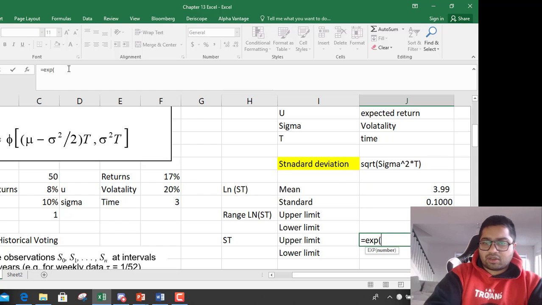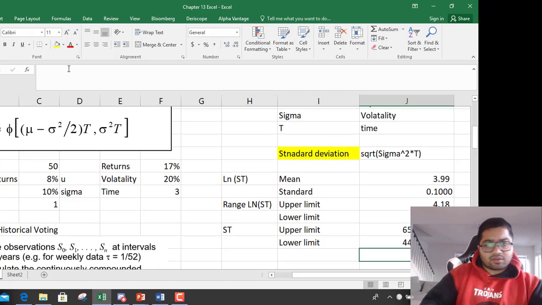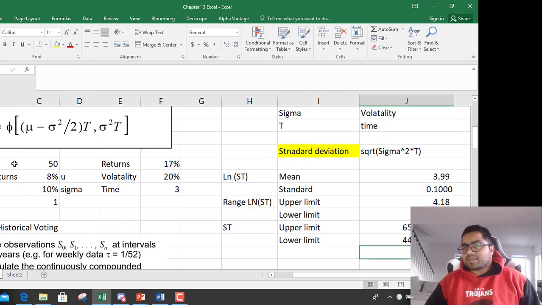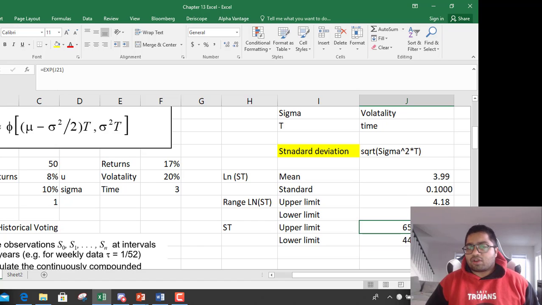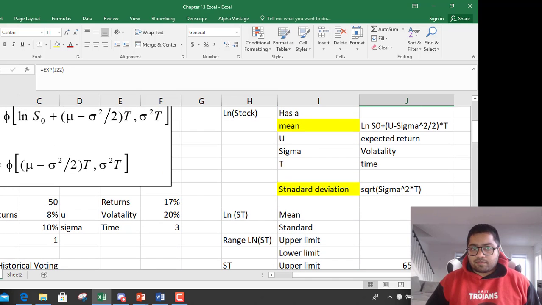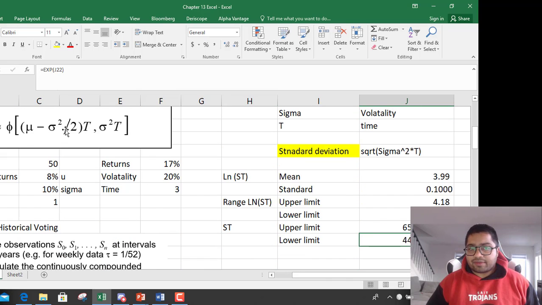Exponential of upper limit gives stock upper limit, and exponential of lower limit gives stock lower limit. So within 6 months, this stock should trade between $44 and $65. This is how to solve it when